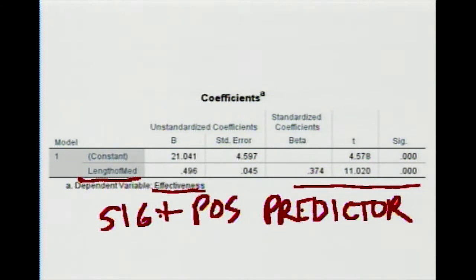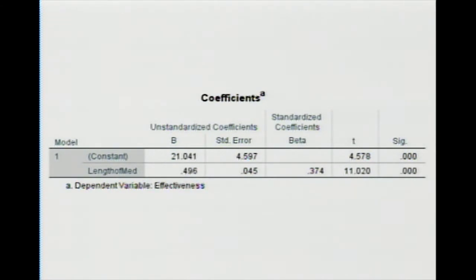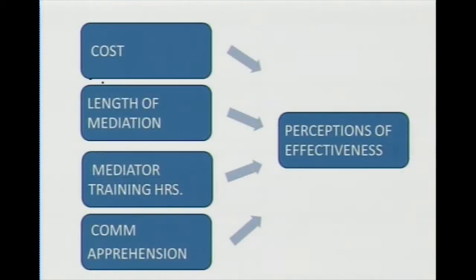But what I would in reality think is that maybe my judgment of effectiveness might actually be a larger thought. So in other words, there might be more things that contribute to what I judge to be an effective mediation session, not just one thing, like the length of mediation. So let's go to the next slide where we might see how this might look if we introduced multiple independent variables.